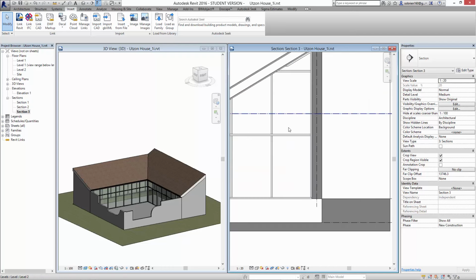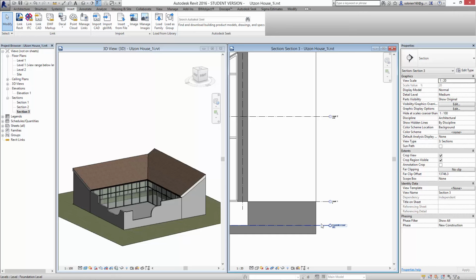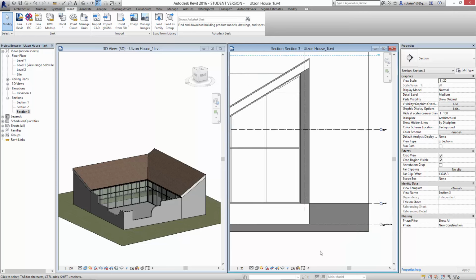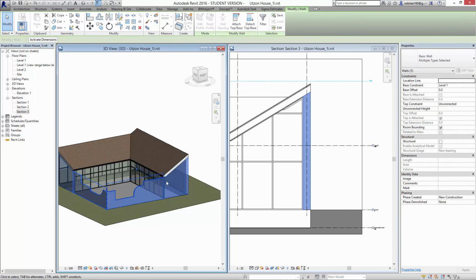So the quick way to make a foundation is you can either go into the foundation level and draw the foundation, or you can just copy the walls you've already made. So if I come into the 3D model here and leave the cursor on top of one of the walls, if I press tab, it selects all the connected walls around the house, and then if I click on it, you can see that it's actually selected the walls that go in a loop. So it can be a quick way of selecting